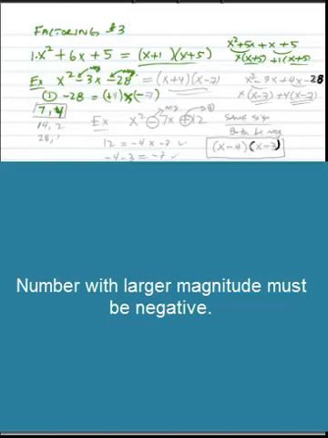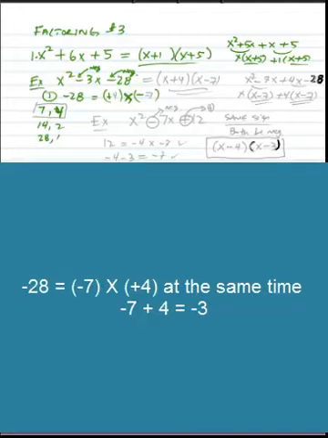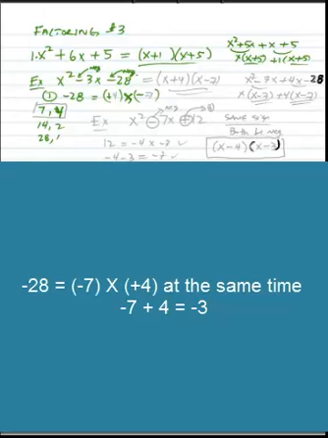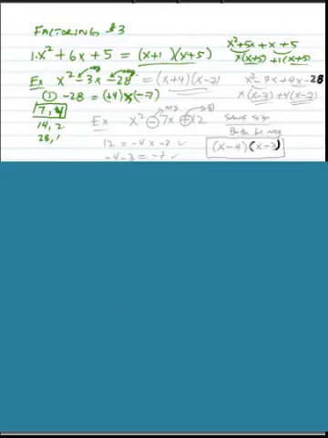28 is 14 times 2. And of course 28 times 1. And we are looking for the pair of numbers that are separated by 3 units, because one has to be a positive, one has to be a negative. They have to subtract to give negative 3. So the combination that we wanted to use was the 7 and 4 combination. And since the middle term is negative, we have to have a positive 4 and a negative 7 as our choices. And we can write down the answer now: x plus 4 and x minus 7